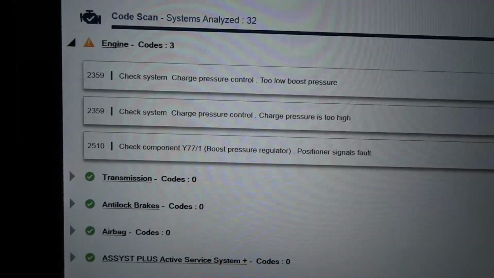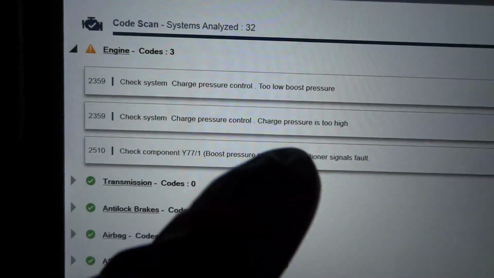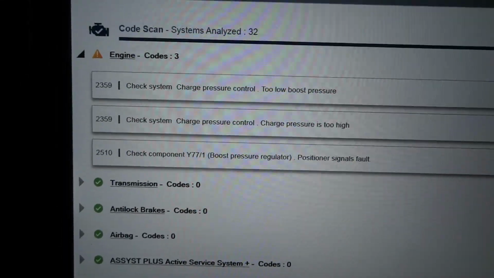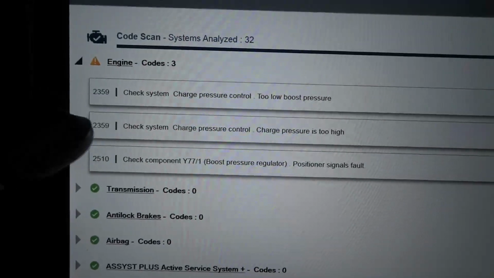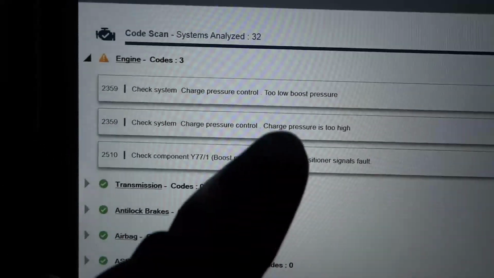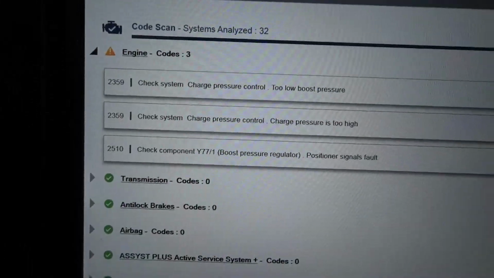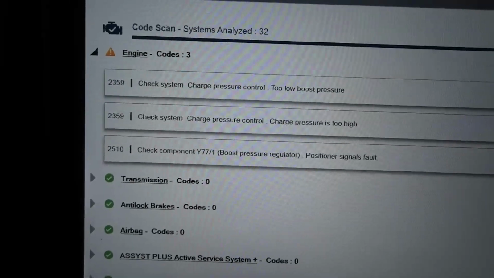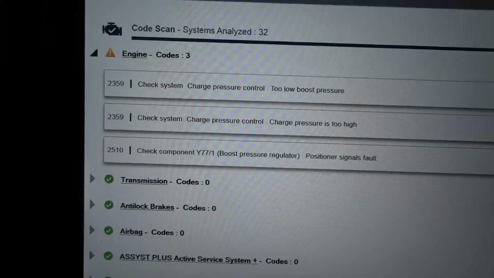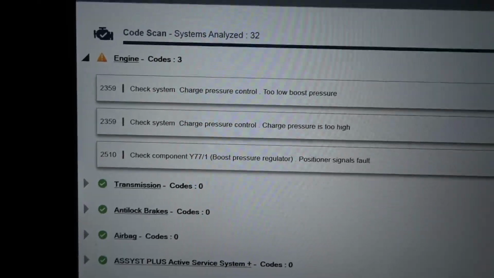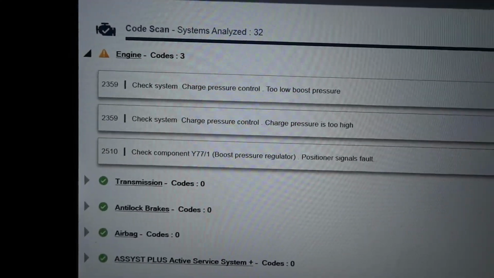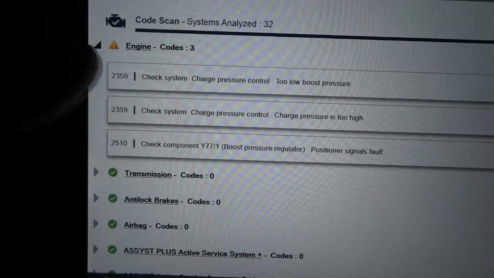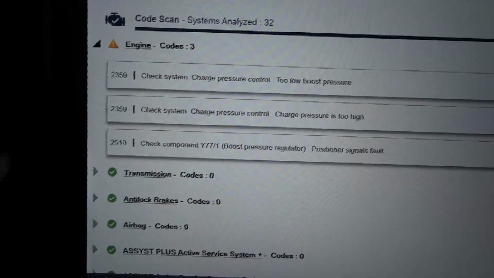The third thing that can cause the charge pressure too high trouble code to be set is a sticking actuator. Based on experience, when I see the low boost code and the high boost code set in the engine computer at the same time, the issue ends up being the actuator on the turbocharger or the turbocharger itself. I'm going to explain why. It's very rare to have low boost codes and high boost codes set at the same time. Now, since we have both codes set at the same time, and we also have a third